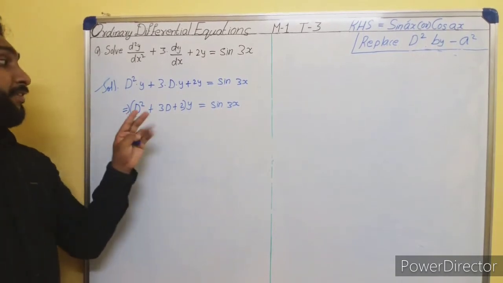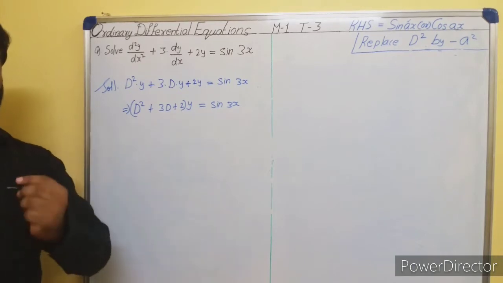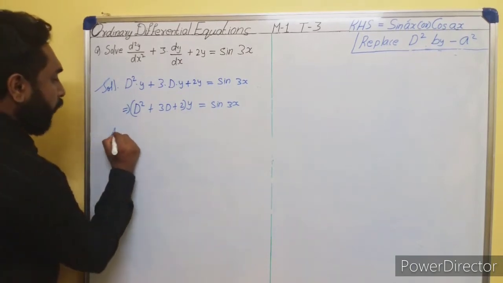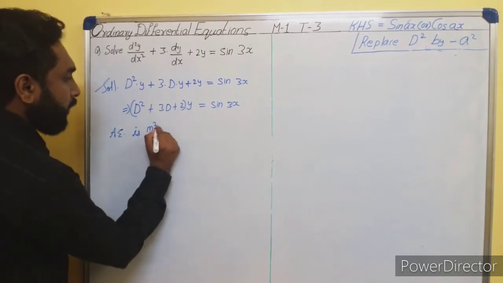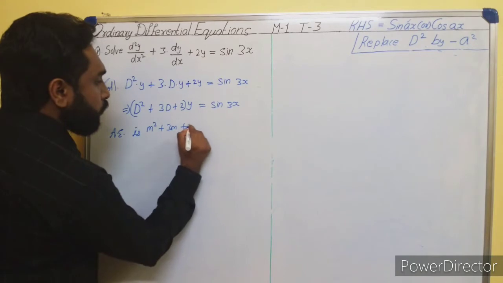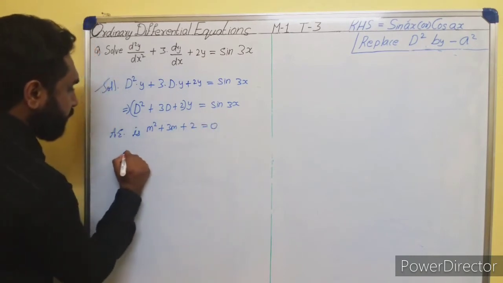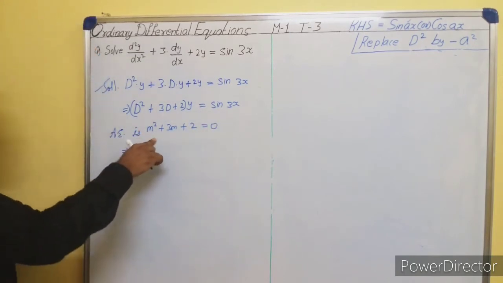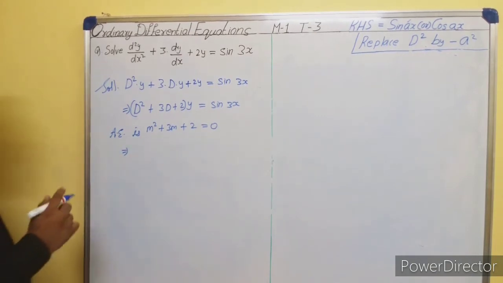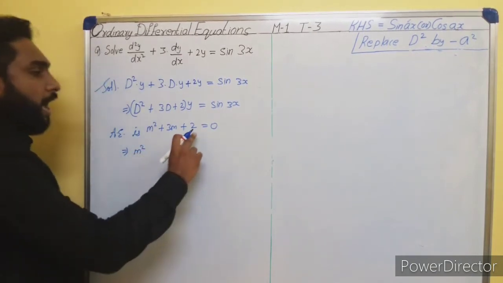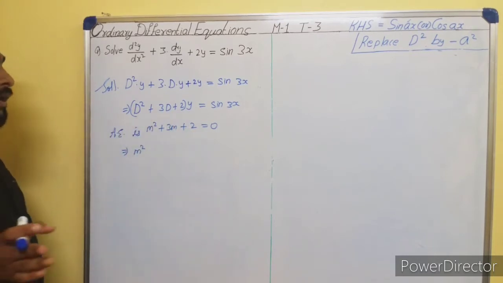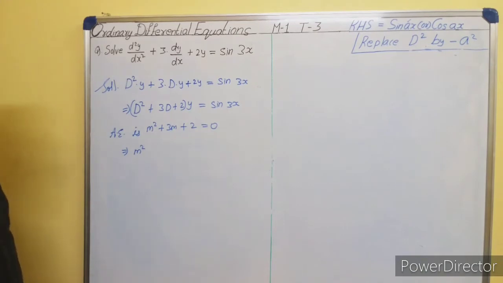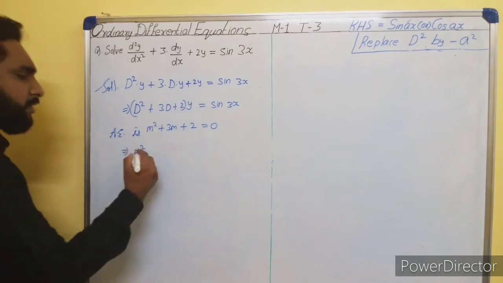So now the next step is we have to find the auxiliary equation as always. So what's the auxiliary equation? It is nothing but converting D into m, that is m square plus 3m plus 2 equal to 0. So we are finding this auxiliary equation to find the roots of the equation. So m square, and here you have to see if it's odd or even. If it's an odd number, you have to use the formula to find the root, m equal to minus b plus or minus root of b square minus 4ac by 2a. If it is even, we can just split and we can find out the roots.